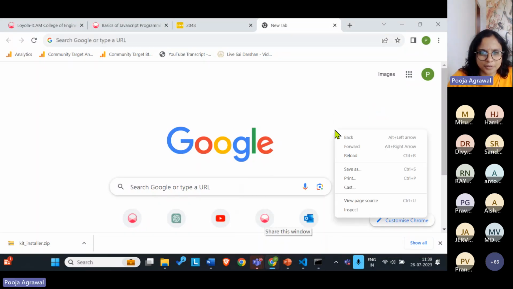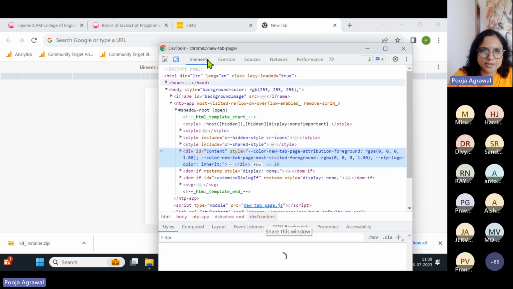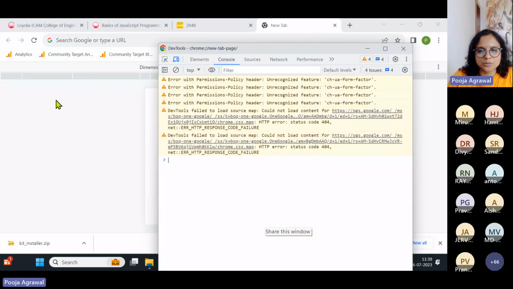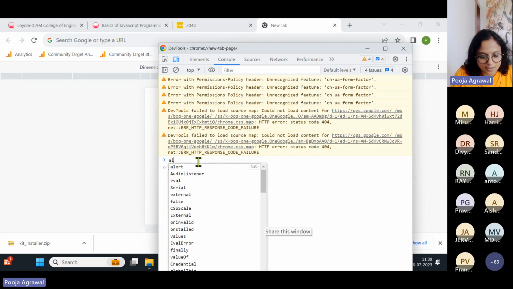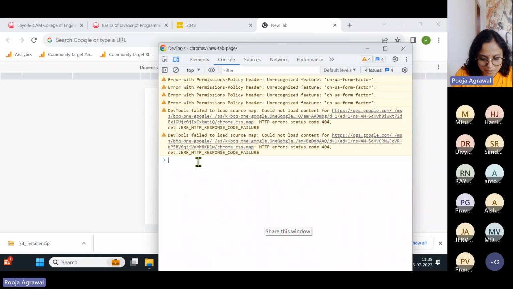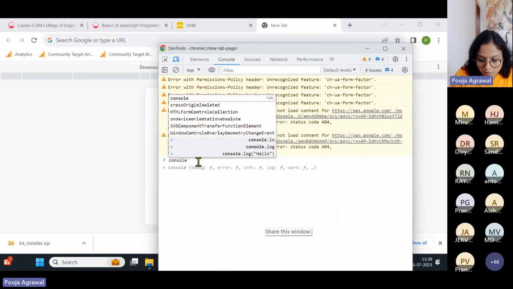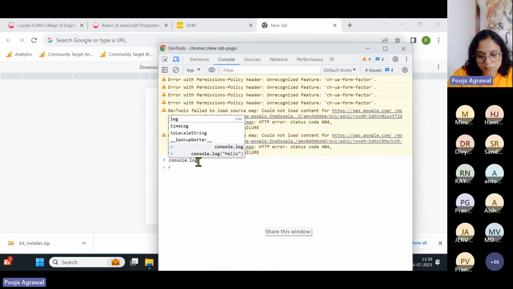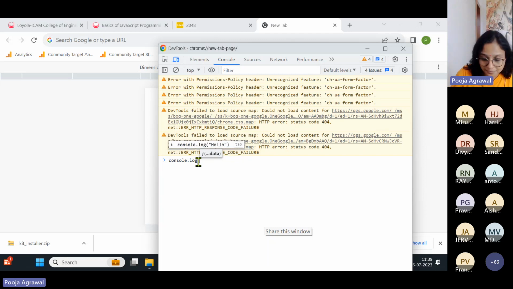Yes, Pooja, thank you. Then we get into the inspect part, which you already know, and go to your console. Something as simple as console.log, and then you mention happy morning, and just press enter.